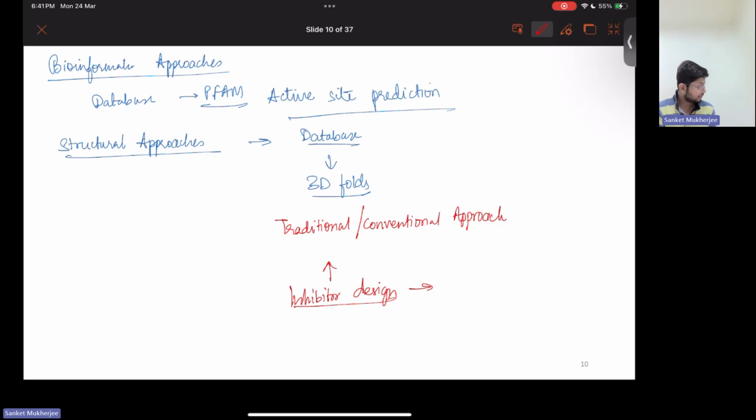There could be a ligand-based approach, and we will discuss these, and then we will be done with the